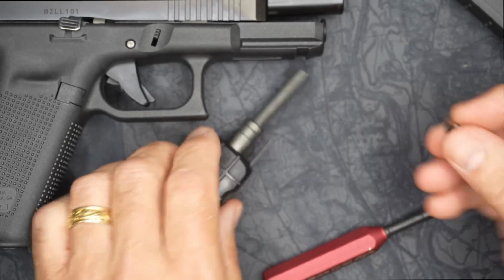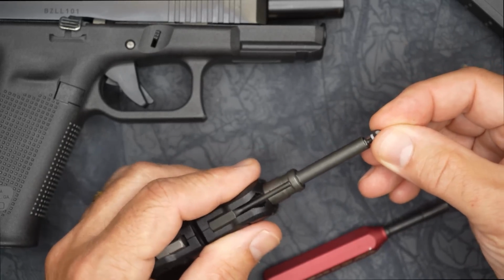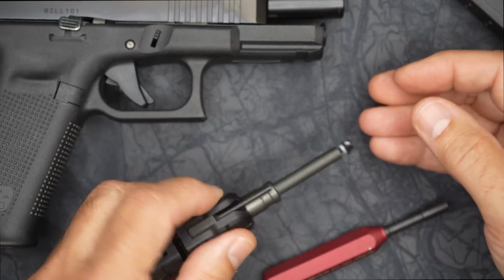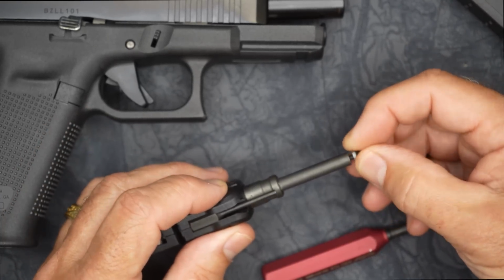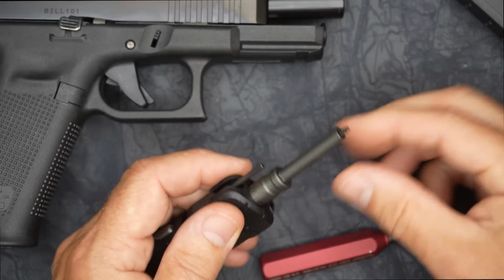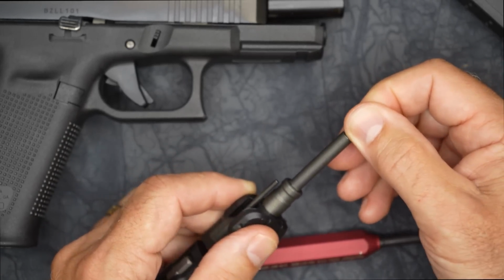In fact, I'm just going to show you here is a front sight with the screw. And so I just set it in there, and it's going to retain it. And so no matter what direction I'm in, it's going to retain that screw. Then it makes it really simple to be able just to turn it and to bring it out. And then when I'm finished, I can just pull it right out. But this to me